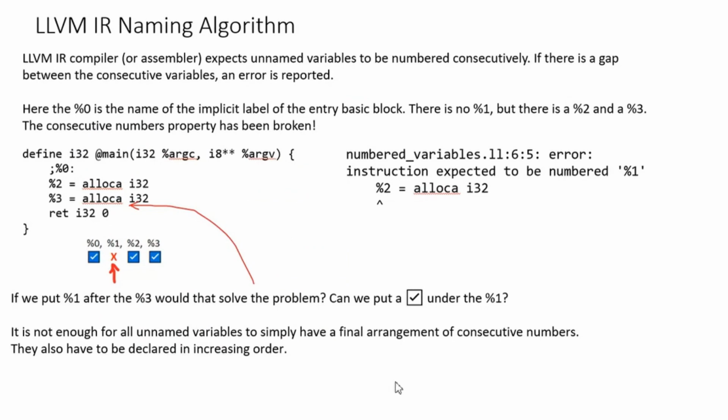Now we are going to go over the algorithm that is used for naming variables in LLVM intermediate representation. The LLVM compiler, or the assembler rather,